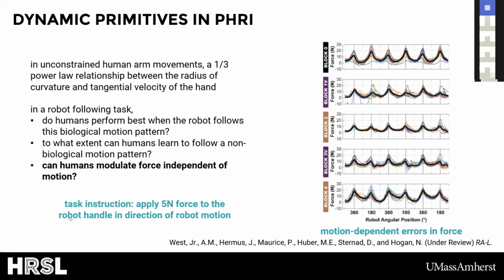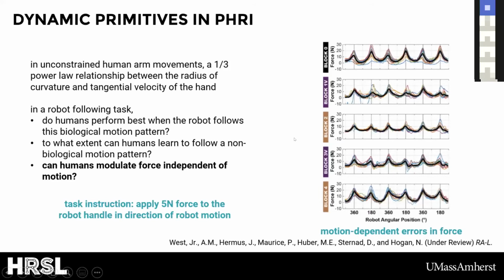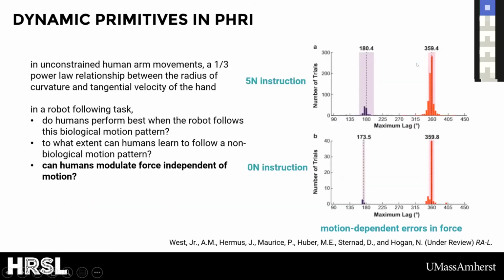And what this suggests is that the force errors in this task depend on the motion of the human and the robot. And in fact, we can quantify this by taking the autocorrelation of each of these signals and finding the lag values where you have the peak autocorrelation coefficients. And unsurprisingly, matching the raw data you observed, we found that the max lags occurred at about 180 degrees or a multiple of that, so 360 degrees.